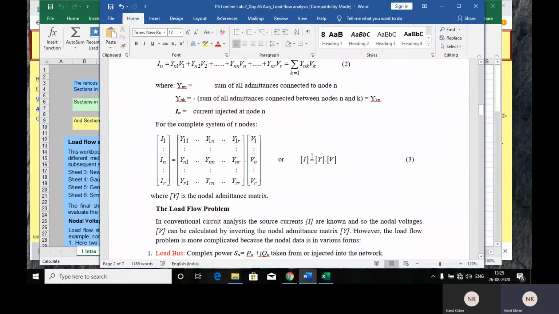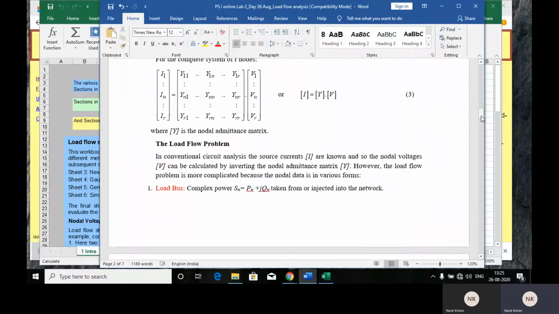So as I said, now you have the current vectors, admittance matrix, and the voltage vectors here. In matrix form we can write it like this: Y is your nodal admittance matrix, this is your diagonal admittance matrix, and this is your off-diagonal admittance matrix here. If you can recall, and if you remember in the bus network,